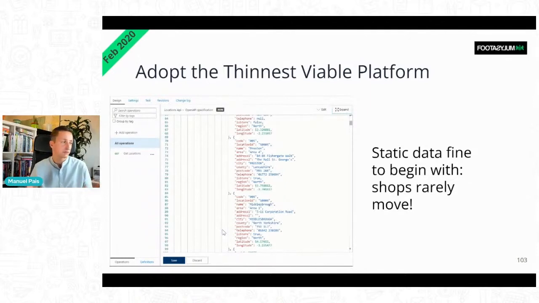You don't have a lot of shops from one day to another coming up or moving location, right? So they said, let's start with the smallest thing that can work, which is a configuration file that you can see here, a JSON file. And let's see if that's enough to help our stream-aligned teams while keeping the platform as small as possible. Because the more we have in the platform, the harder it's going to be to maintain and to evolve, right? And this worked quite well. They never had to actually build more than this for the store location service.